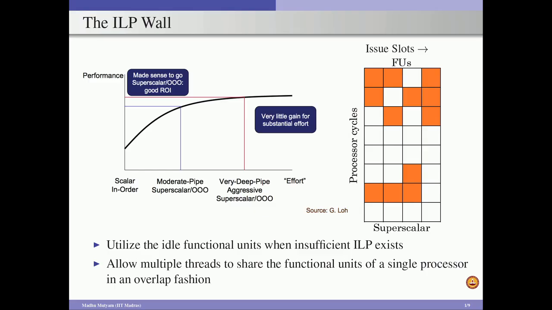In order to improve the overall performance of the system by making efficient use of our functional units, we have to go for another method called multi-threading, and this is part of thread level parallelization. So far we have discussed instruction level parallelization as part of superscalar processors. Now we move on to a different architecture concept, multi-threading, where we exploit thread level parallelization. Of course, complete thread level parallelization can be exploited in multi-core architectures, which we are going to discuss in the next module.